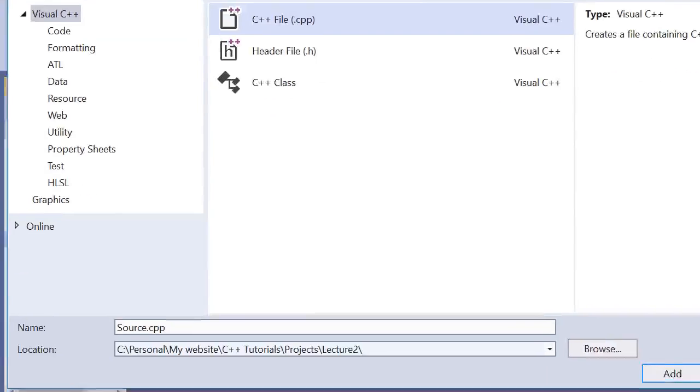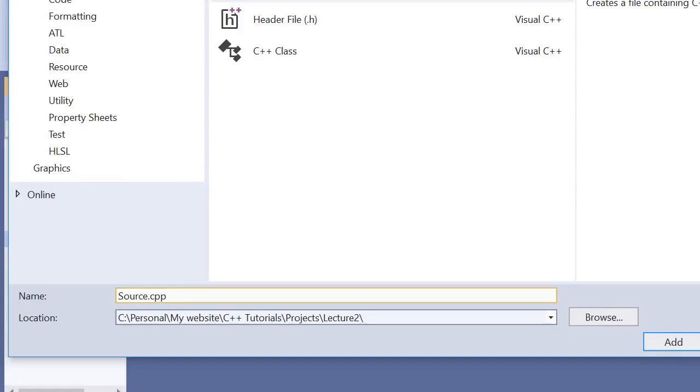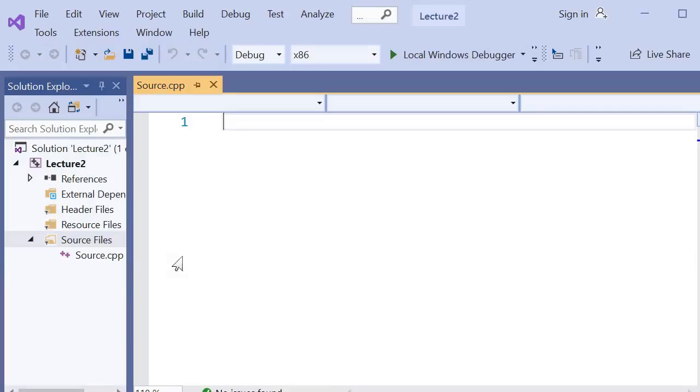So select this option and specify the name of the file. By default it is source.cpp. Check the location where you want to add this file and click on Add. Now you can see this new file is added to our main project. Alright,